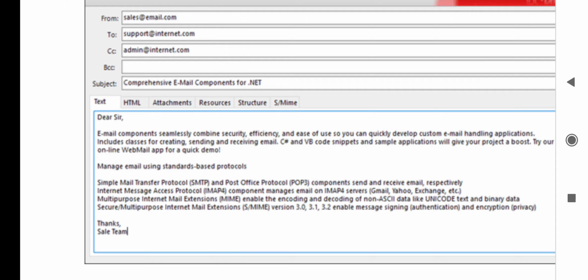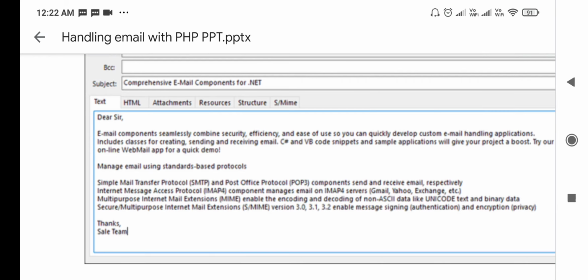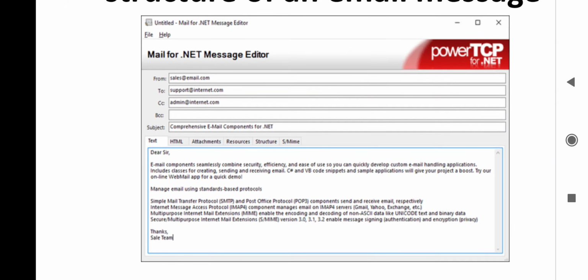As we are writing the message, there are different components, that is From, To, CC. In From, we write our email address, and in To, the recipient's email address. What is meant by CC, BCC?